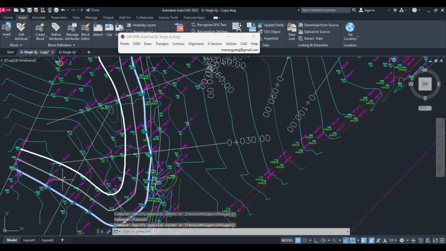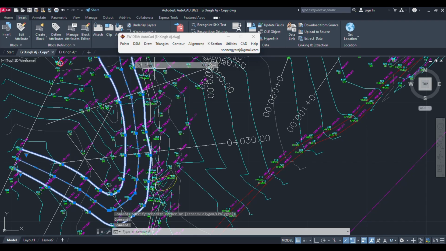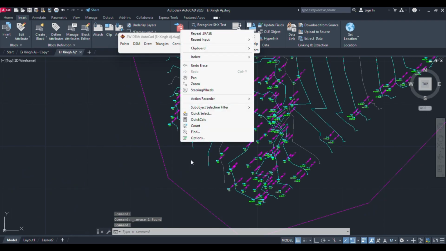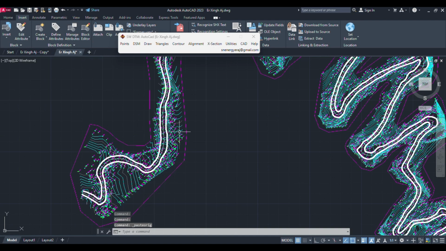Okay, just copy. You can draw. Okay, clipboard, paste to the copy. Okay, after